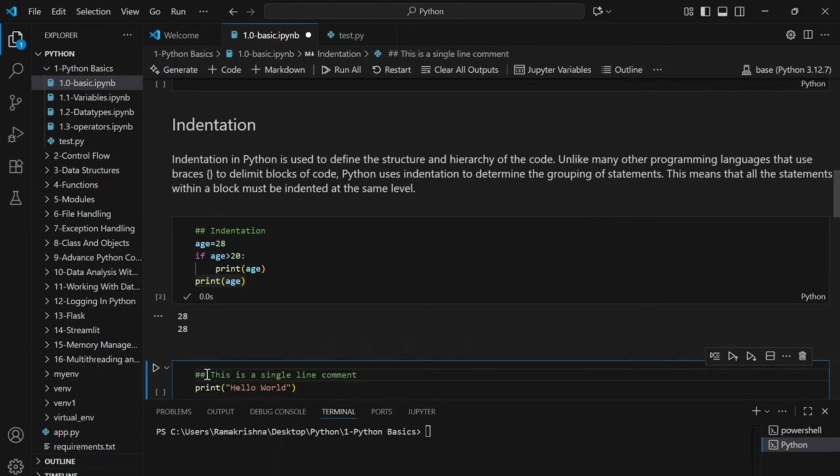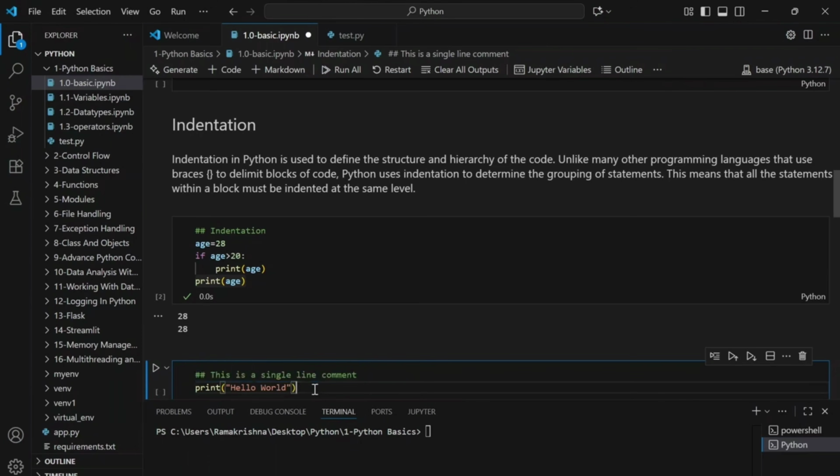So single line comments always start with a hash. This is where, suppose I'm writing a function, I'm defining some huge block of code, I want the code to be readable and understandable if someone else goes through my code. So I can give some information on what the function does or what the piece of code does.